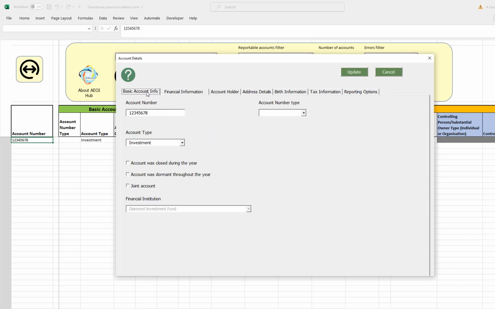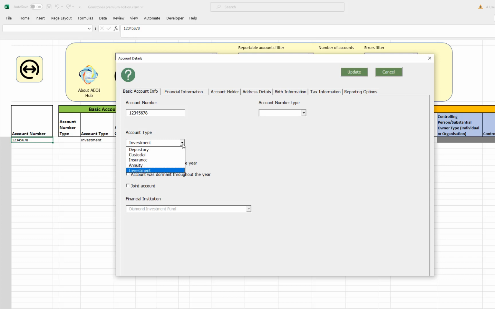Just taking a little bit more of a look through in detail at each of those. So on the basic account info we have the account number, which is mandatory in most cases, and account number type, which is usually not mandatory, optional. For FATCA and CRS it has these options of IBAN, OBAN, etc. if you want to include that.